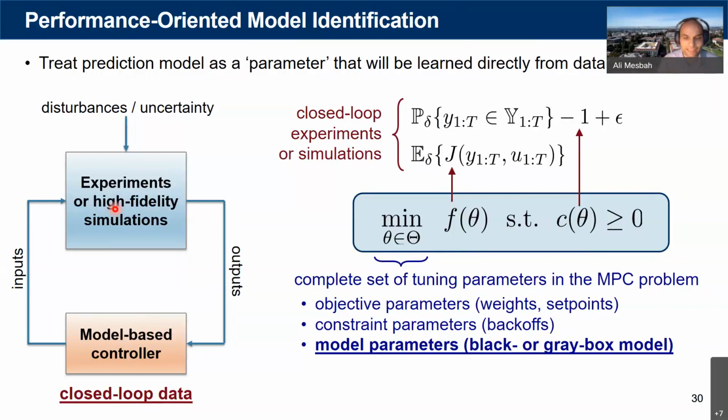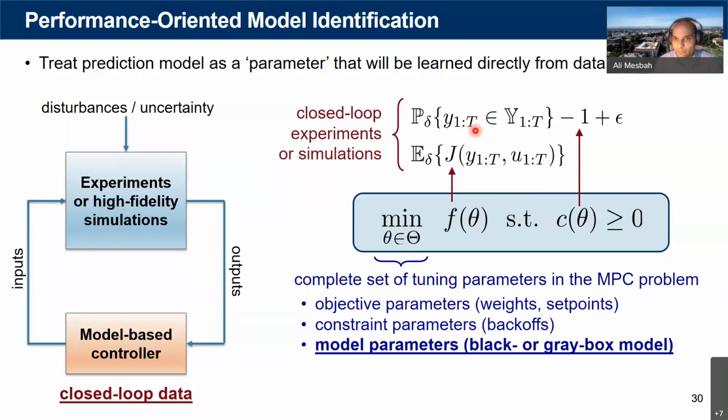So the idea here is either with the real process or with some high fidelity simulations, you kind of generate closed loop data. And keep in mind that, again, your high fidelity simulations are subject to uncertainties, and for that matter, your experiments are also subject to disturbances and unknown uncertainties, right? So essentially, what you want to do, you want to utilize this closed loop data, either simulations or real data, in order to basically compute some performance measures of interest, either cost functions and constraints, right?